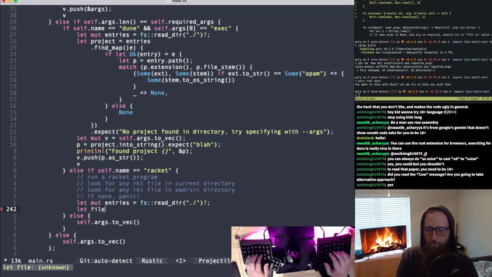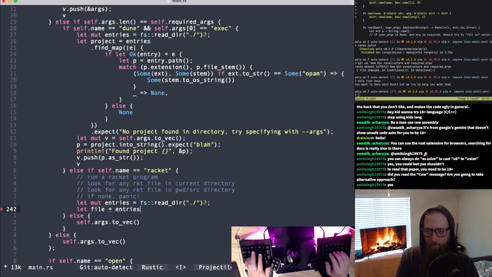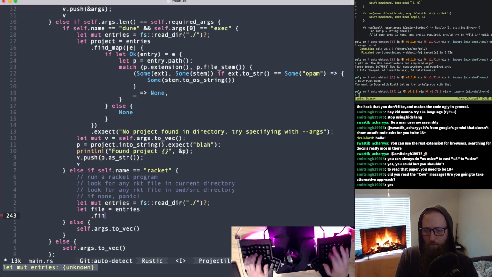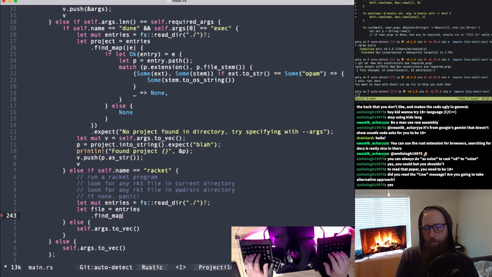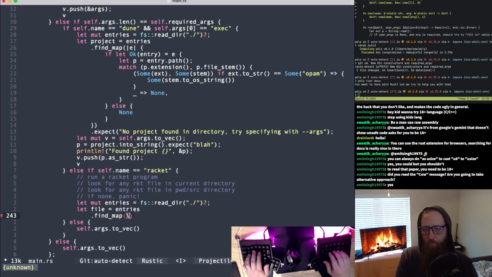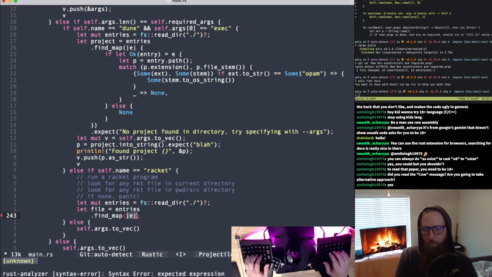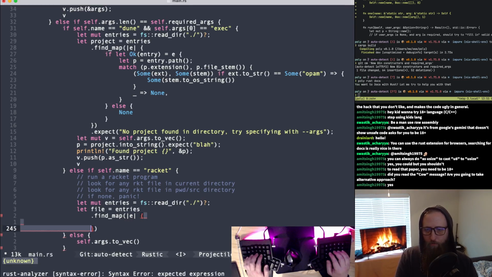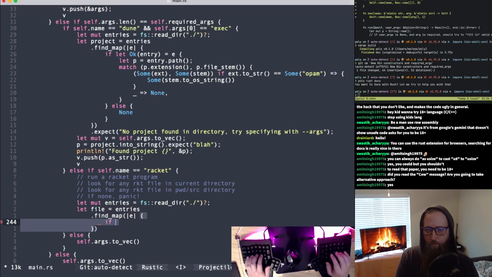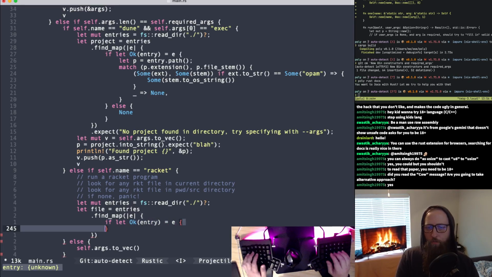Yeah, that's fine. Entries dot find map, e, if let Ok entry equals e,